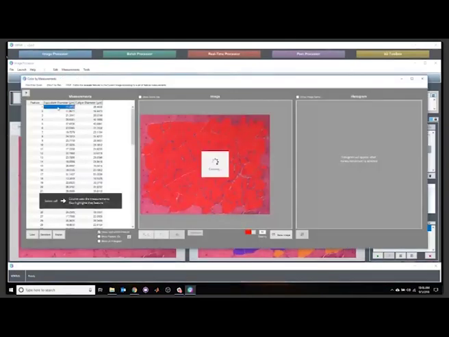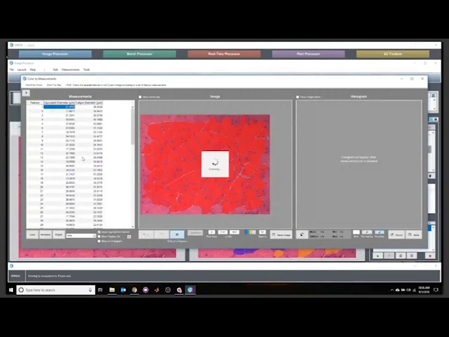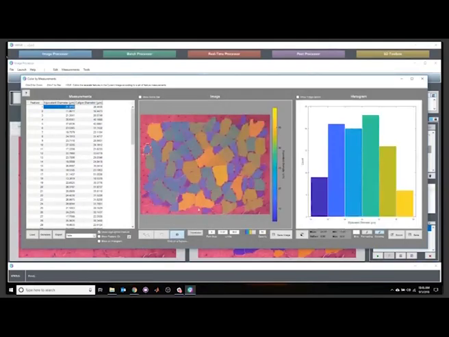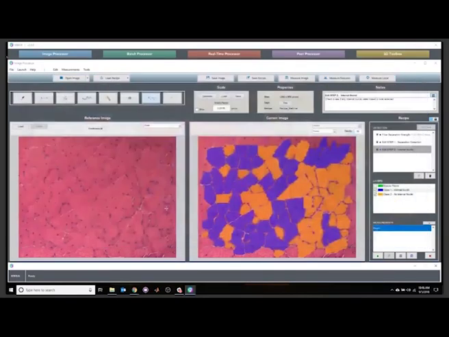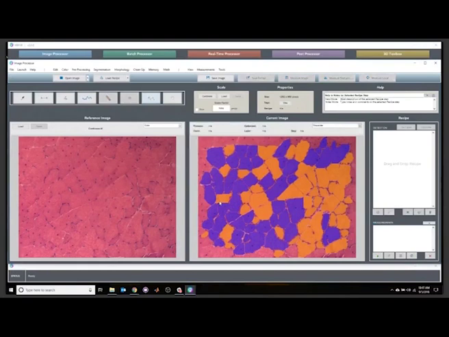Once you have this data, again, as John demonstrated, it is very nice to be able to color this based on the measurement. You get your statistical information immediately in the bottom right corner. You can copy this into your report or your spreadsheet. You can export this directly into Excel and move forward with the next image. And this takes a fraction of the time than it would have to do this manually. And once you're done with your first image, go ahead and reload the recipe. Don't need to save the changes. On the next one,